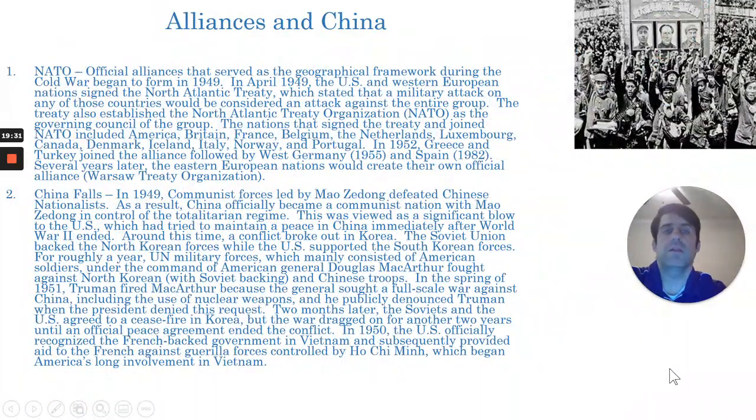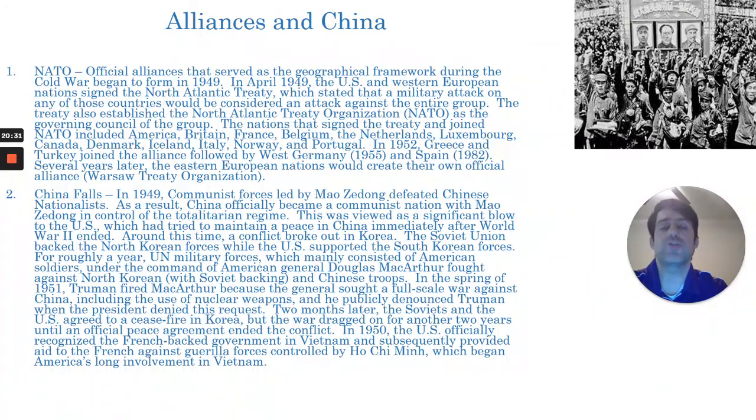So let's pick up on that and discuss the official alliances, and then we'll move on to communism in China and in Asia before we wrap up today's lecture. We mentioned the Marshall Plan and the economic aid that America sent to the Western European nations to prevent them from falling under the spell of the Soviet Union like their counterparts in Eastern Europe had done. And officially in 1949, the American alliance and Western European alliance would come into fruition. In April of 1949, the Western European nations, along with the United States, signed what was known as the North Atlantic Treaty,